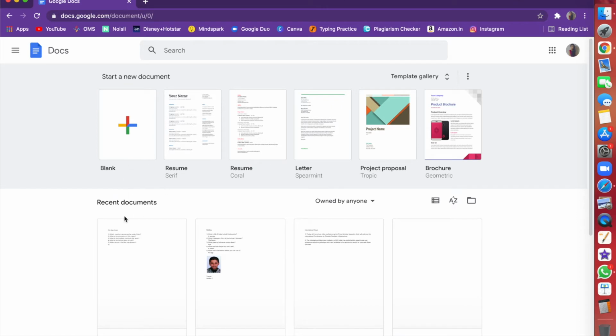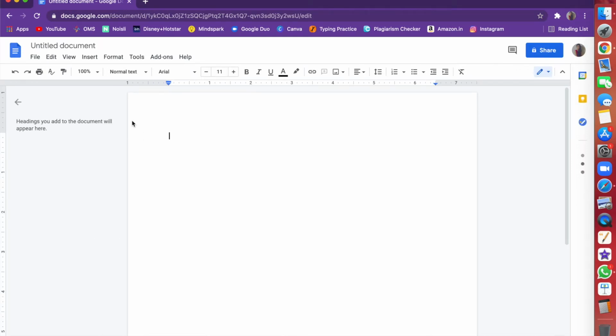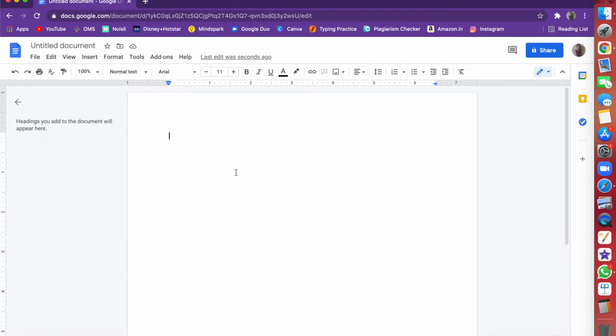So if you want to start a document, just press blank if you want a blank document. Then you get this, and you can type anything normally, some random thing. There are so many options, like Edit. In Edit you can do whatever you want, like paste, and you will get to know that after typing. If you want a bigger letter or something, you can just